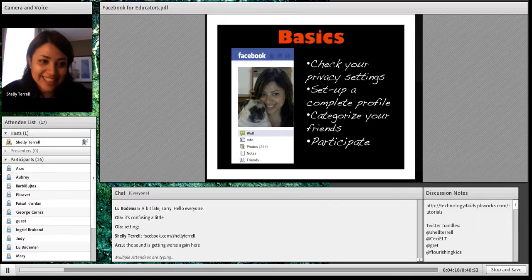Check your privacy settings. Make sure whatever you don't want to share with your students, for example, if you plan on using this with students, then make sure you categorize them. Put them on a list that says students. Put things on a list that say family. Put things on a list that say friends. And this way, whatever you show is exactly what ends up being shown to them. That's what they're able to see. So I think it's really important that you categorize people in different groups.